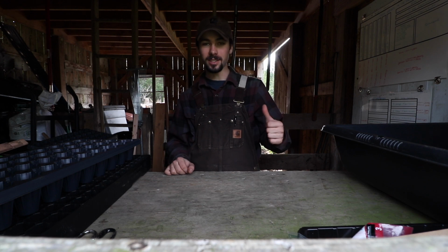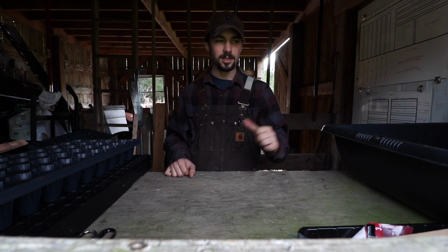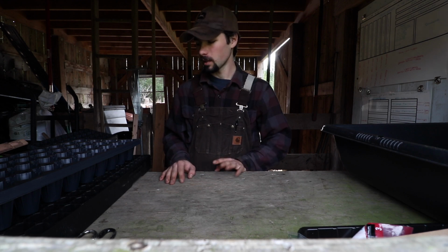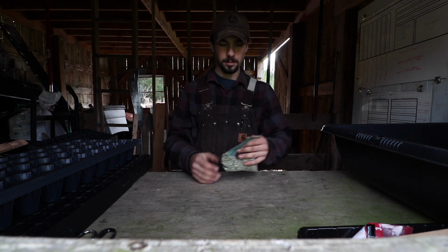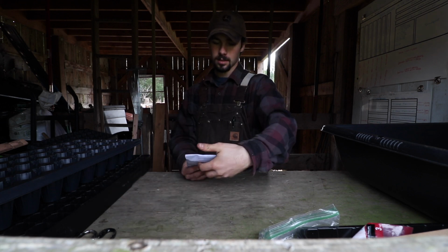Right now I've got my onions that I started inside the house. Moved them out there. I've got my leeks that I started inside. Moved them out. So now I'm going to plant some Cascadia sugar snap peas and